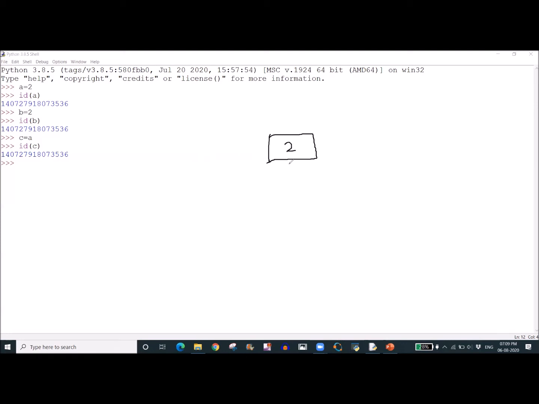This is the 2. That is what we call an object. Here the address is indicating 536; for convenience I have taken the last three digits. When we assigned a with 2, this a is mapping, or tagging, to this 2, and b is also tagging to 2, and c is also mapping to this 2.